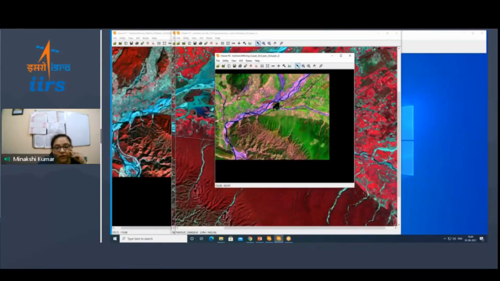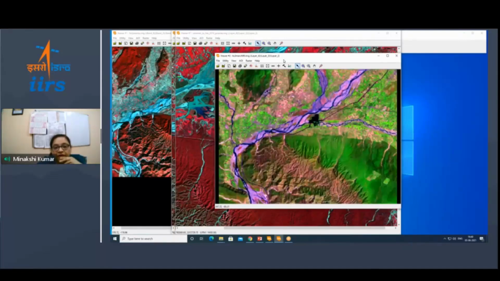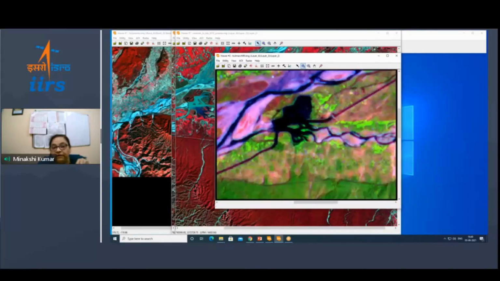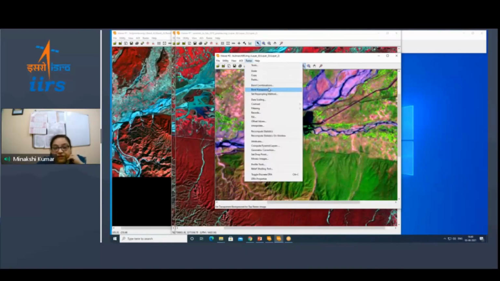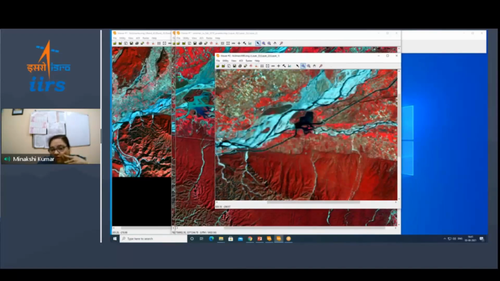Landsat 3 is a 23.5 meter image, and it has 4 bands. The 4th band is a SWIR band. You can see the color composite that you're getting is different. So if I change the color composite, 4 here is SWIR, 3 is near infrared. So a 3-2-1 combination here will be a false color composite, and this is at 23.5 meter resolution, and this